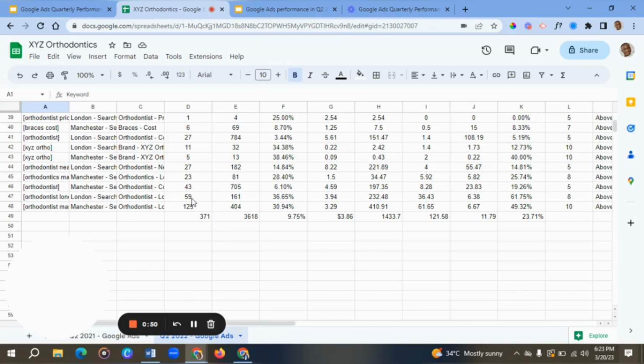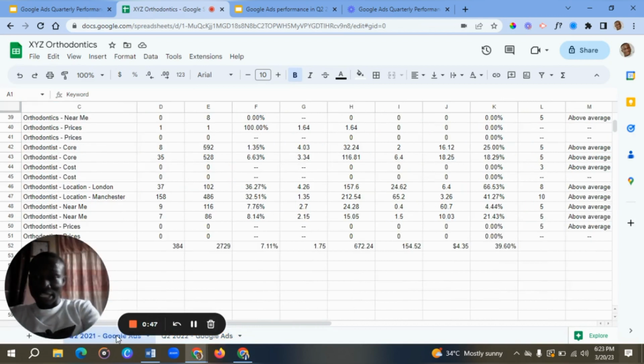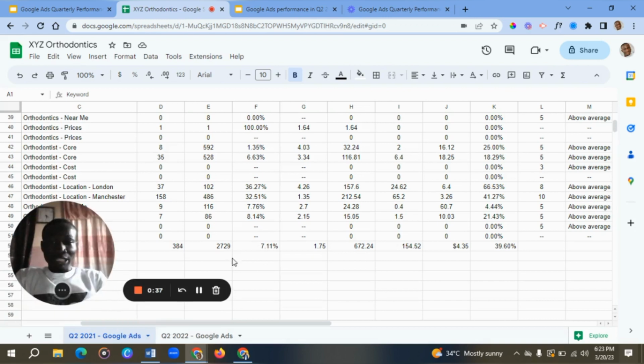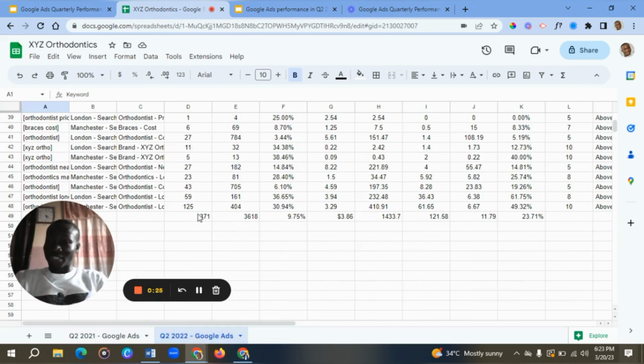So briefly, you could see in 2021, let me just do the comparison quickly for you to see. In 2021, the total clicks was 384, impressions 2729, the click-through rate was 7.11, the cost per click was 1.75. This was the cost, this is the number of conversions, this was the cost per conversion, and this was conversion rate. Now when we come to Q2 2022, we're having 371, the clicks reduced, impressions did increase, click-through rate increased,